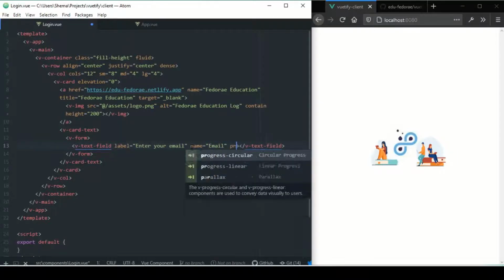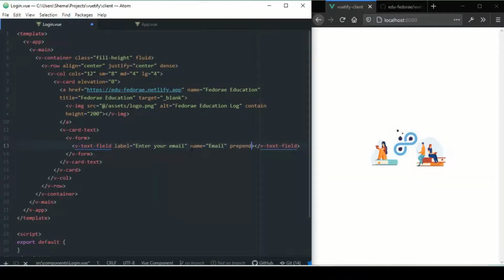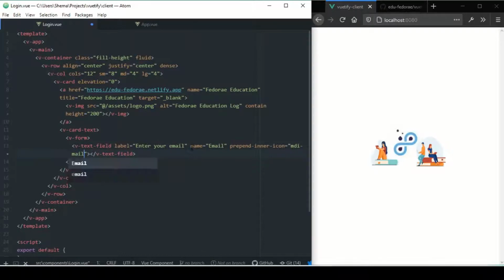So we're gonna also have an icon to the left on the inside. So that's why we're gonna use prepend, and then we're gonna have it on the inside. So we're gonna say inner, and the icon. So the icon that we want is the MD mail, not MID. So MDI mail, the material design icon, and we're gonna have a type of email,